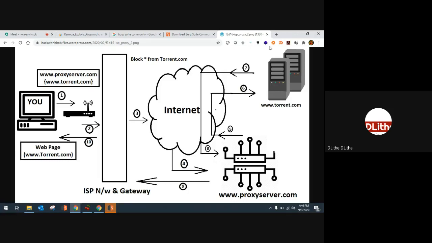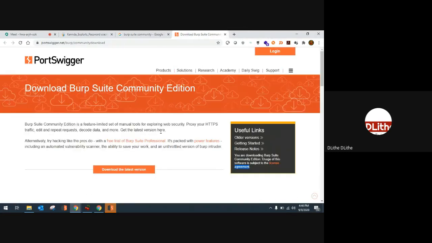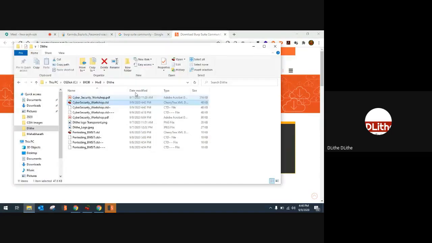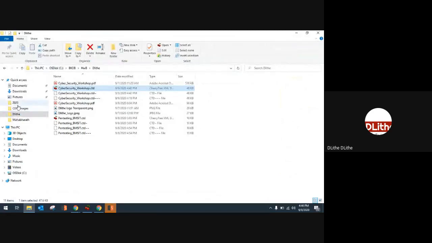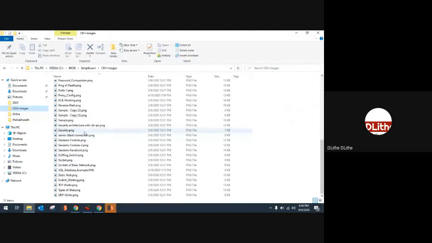Now we are using Burp Suite as a proxy, not because we want to access some blocked data or to hide our identity. Instead, we want to hijack the request. Always understand, any communication that you do to a website happens as web requests and web responses. As an example of that, let me show you.